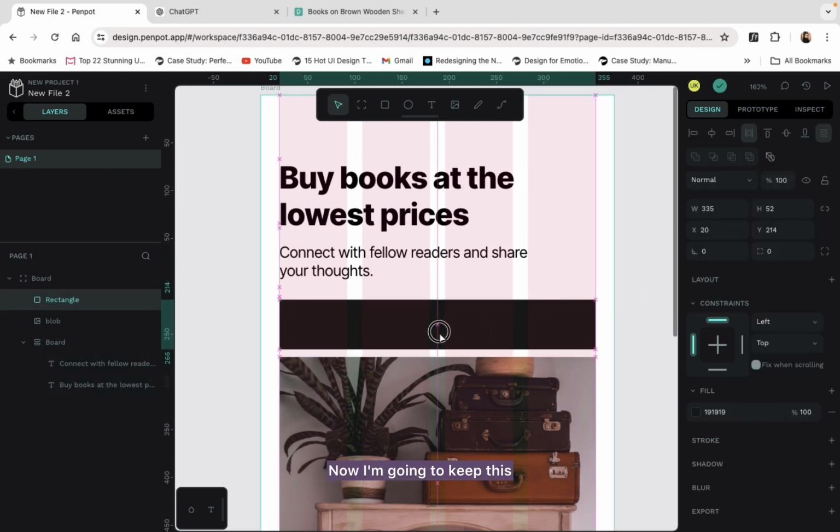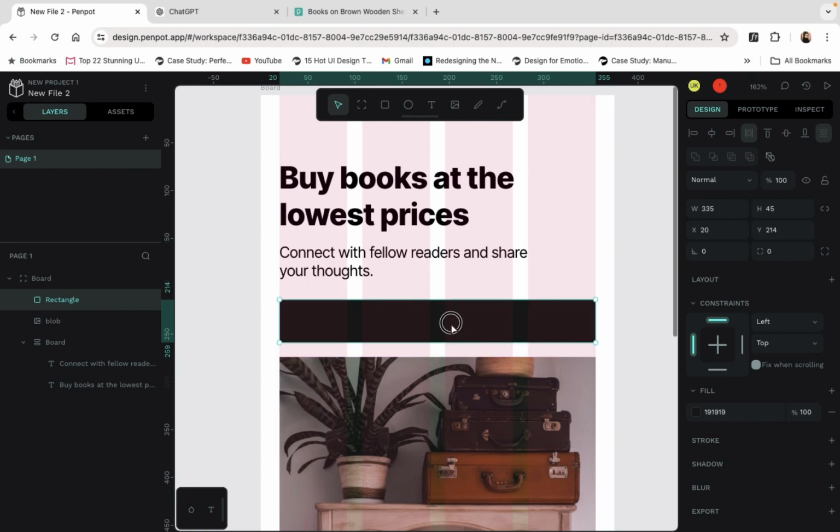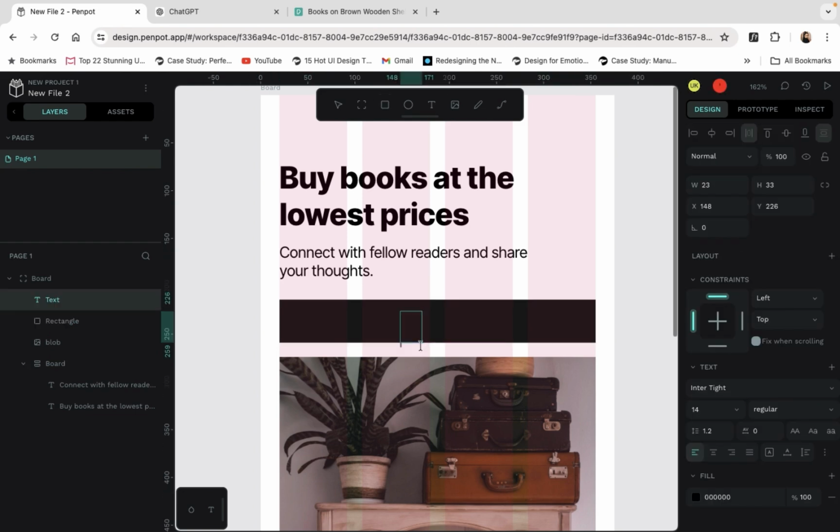Now I'm going to keep this CTA here. Now I will decrease the size of this one.